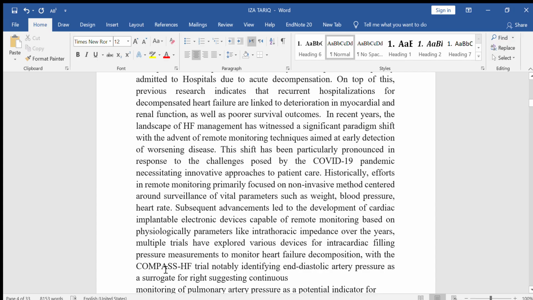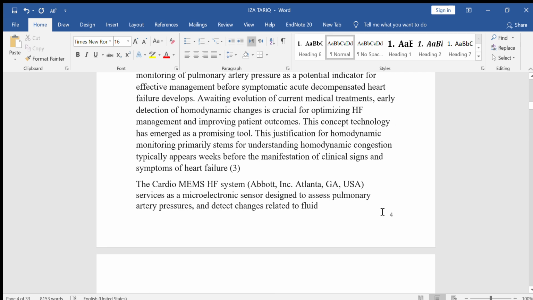CardioMEMS HF. The trial is notable for identifying diastolic arterial pressure. CardioMEMS is a type of microelectromechanical scanner and it is used in heart failure. It identifies systolic and diastolic arterial pressures, monitoring pulmonary artery pressure as a potential indicator of symptoms of